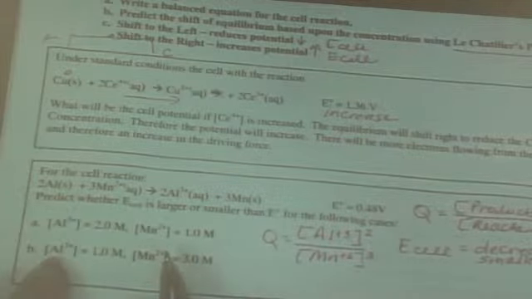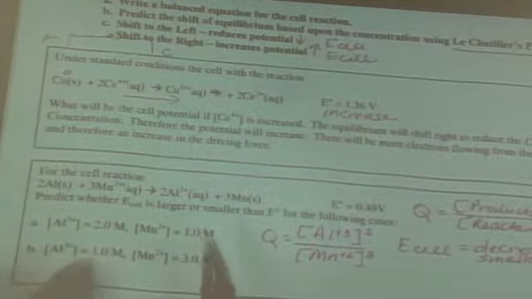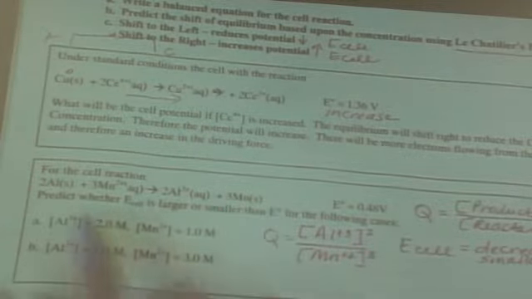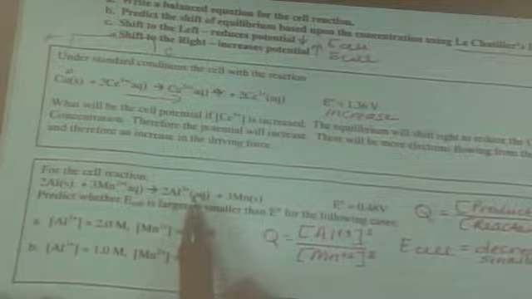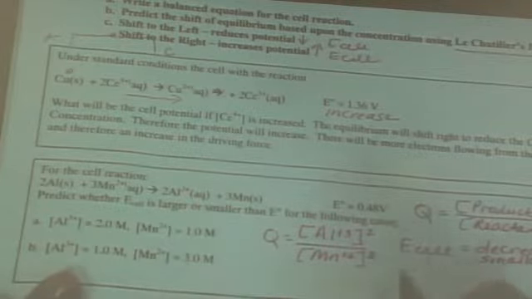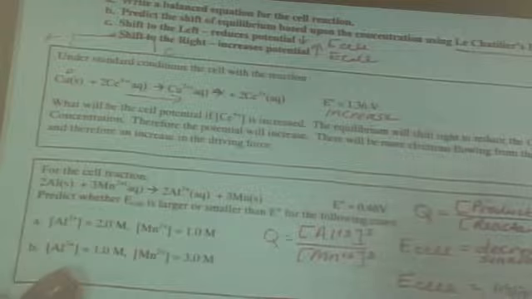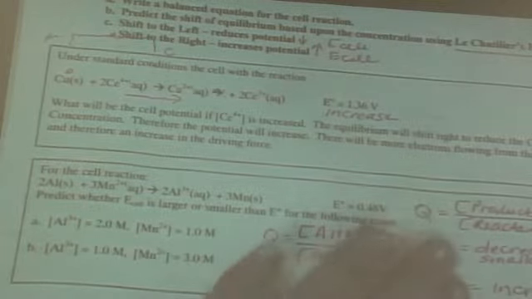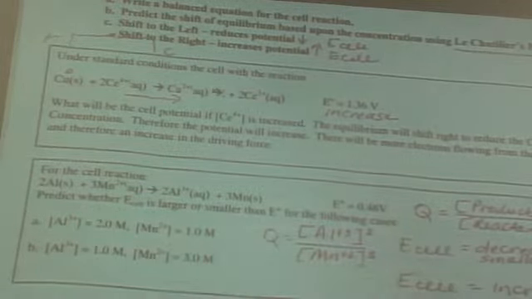Okay. All right. Now, aluminum is now at 1 and manganese is at 3. This would shift to the right, so the cell potential would increase. So it would be bigger than the E at standard. Okay, so that would be a nice qualitative way to look at that, but we are all about